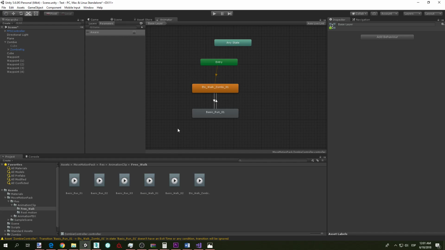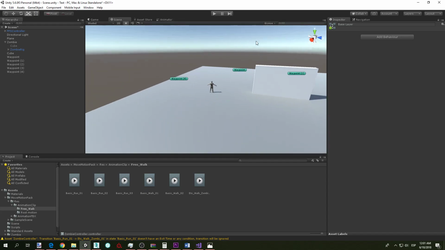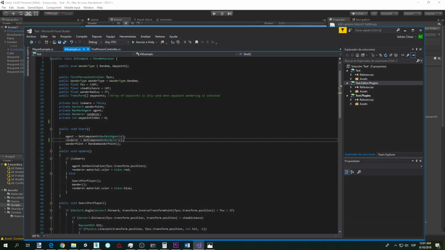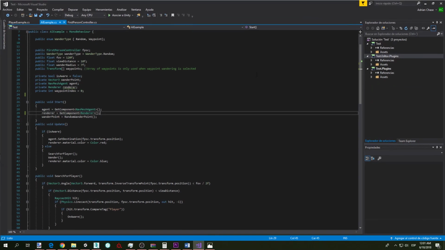Okay, so we're gonna go now to our script and script all of this so that the transition happens, and we're gonna also adjust the speed of the zombie so that it's synchronized with the animation. So we're gonna go to our script. So we're going to scripts, AI example. We're gonna open our AI example, and we're gonna create